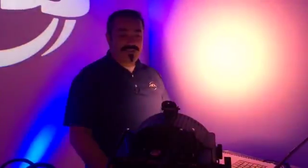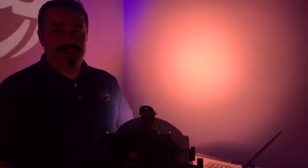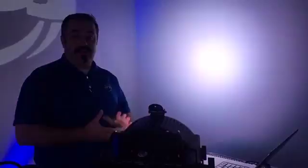So take it from us: the 18P hex is super bright, and you have to be careful not to shine it in people's eyes, and point it to where people mostly aren't going to be. If you're going to use this for a stage application, this is great because you get wide coverage and brighter output from the more LEDs on the face of the fixture. And if you include the